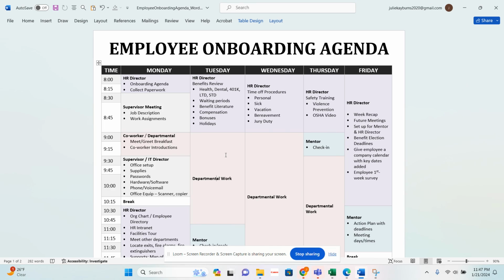That needs to be set up way in advance. I have a pre-boarding checklist on my Etsy site. I have a pre-boarding checklist, an onboarding checklist, any kind of checklist you want. Setting up the office, the supplies, the passwords, the employee should have it all there. The IT director should be able to say, hey, this is your area, and there should really be no questions. Like I said, structure.